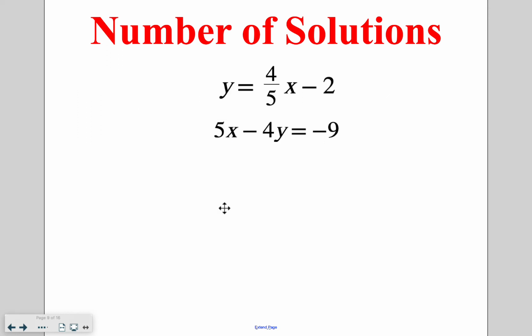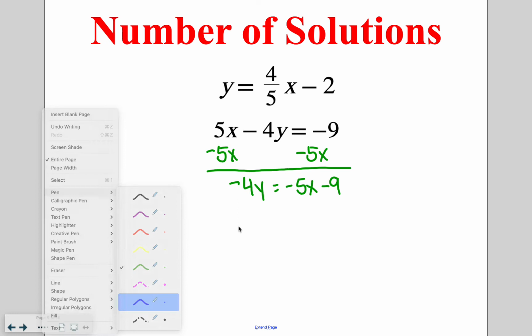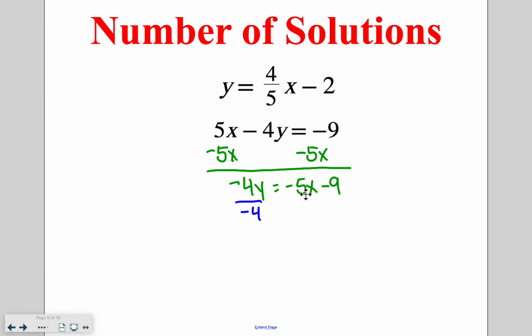So looking at a couple of these, my first equation is already in y equals mx plus b format, so I don't have to do anything with that. My second one, I'm going to rearrange, so I'm going to subtract 5x on both sides of that equation, giving me negative 4y is equal to negative 5x minus 9. Then I'm going to get y by itself by dividing by negative 4 on all parts of this equation, giving me y is equal to negative 5/4,